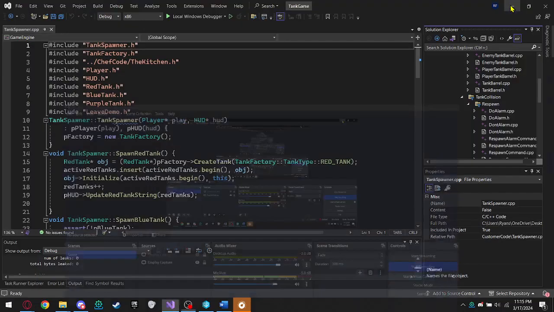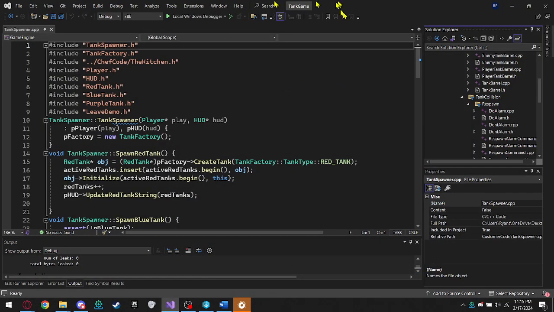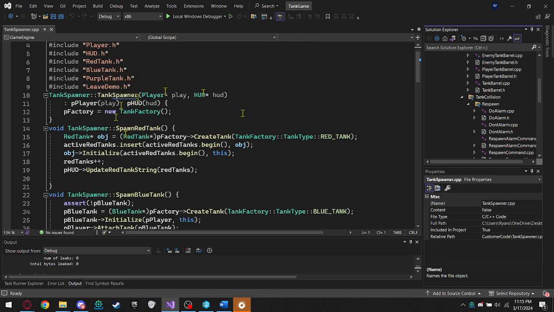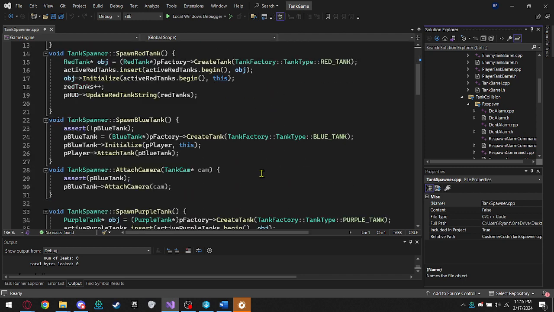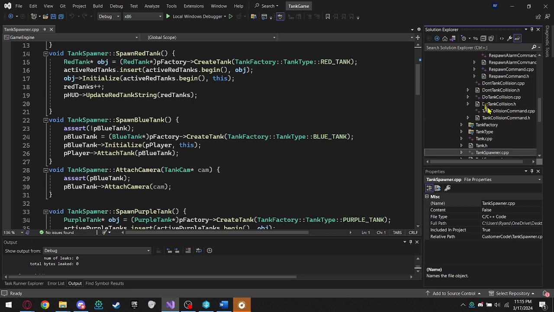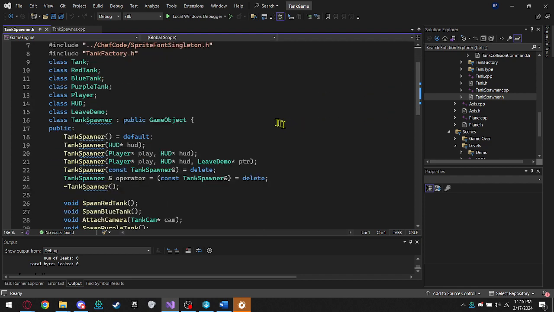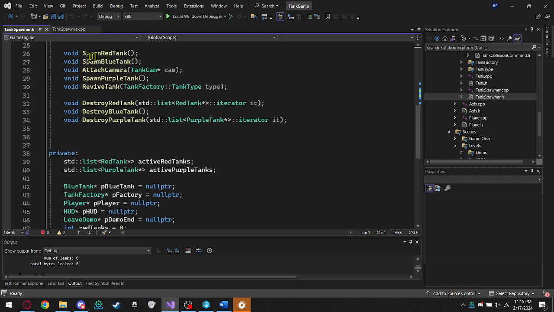Alright, let's begin. In this video, we're going to be breaking down all the code in the demo scene for the tank game. So for the tank, first things first is the tank spawner itself. This is where we regulate all of the tanks that are spawned and active in the game. So if I were to go back to here to show the header file, we have a spawn for